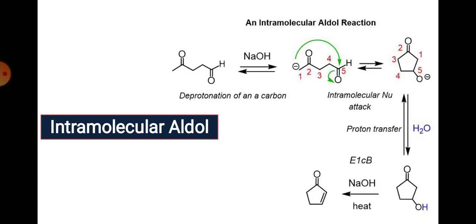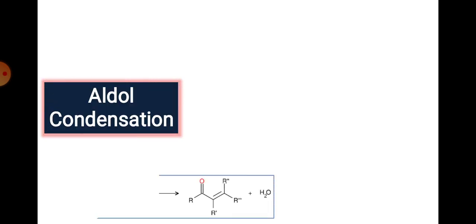Now another example is intramolecular, when these two carbonyl groups are present in the same molecule, that is called intramolecular aldol condensation. Look at this example here, aldehyde and ketone are there. If aldehyde and ketone are there, the proton is preferentially abstracted from the carbon alpha to the ketone, and then the negative charge generated in the first step is added to the carbonyl carbon of the aldehyde, because aldehydes are more electrophilic. It undergoes the cyclization process, you get the cyclic product, and there is a formation of the product, that is enone, a cyclic enone.